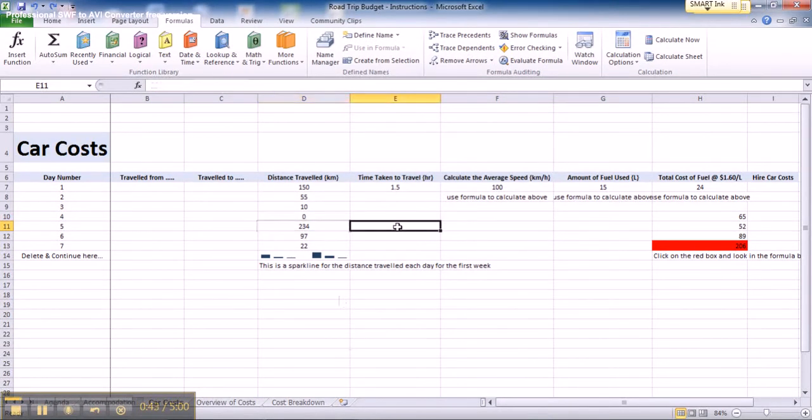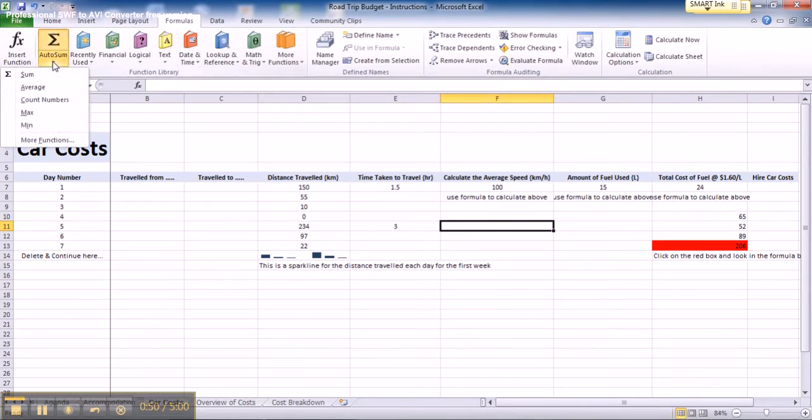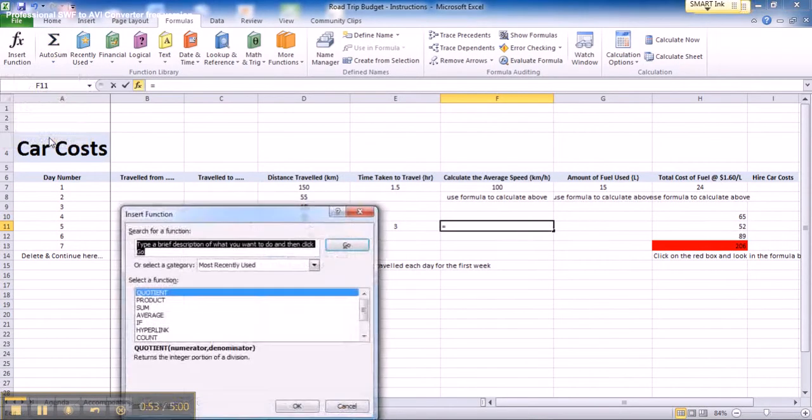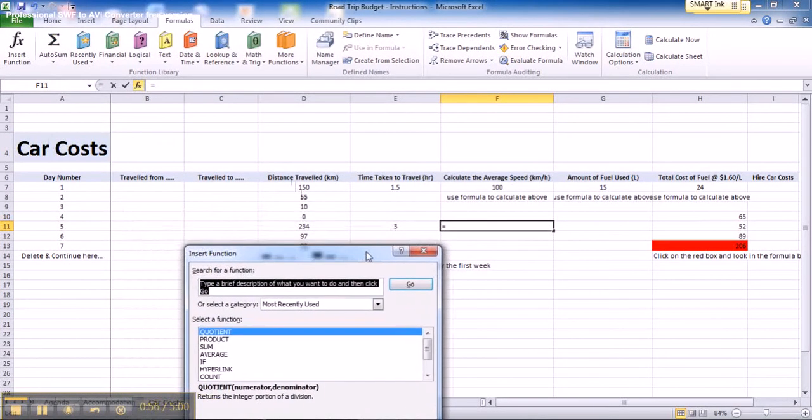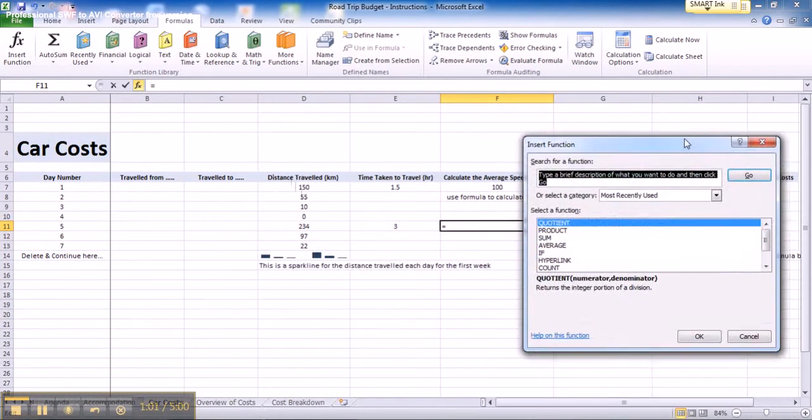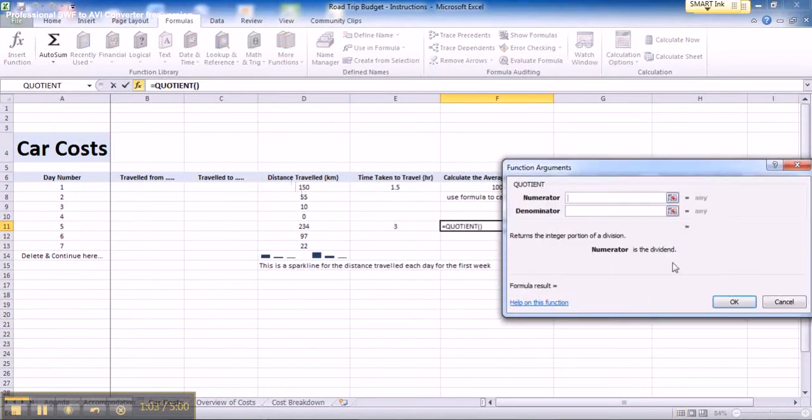kilometres. Let's say, for instance, that it's taken an average time of 3 hours. To calculate the average speed, similar to what we did above, we go up into here, click on More Functions, scroll this out of the way so we can see a little bit easier. Again, we wanted a quotient formula, so we'll click OK. The numerator was D11, so we type in D11 and we're going to divide that by E11. So that gives us our 234 kilometres divided by our 3 hours at an average speed of 78 kilometres per